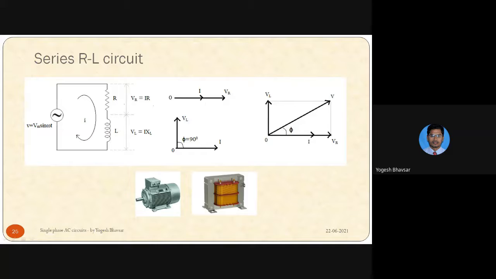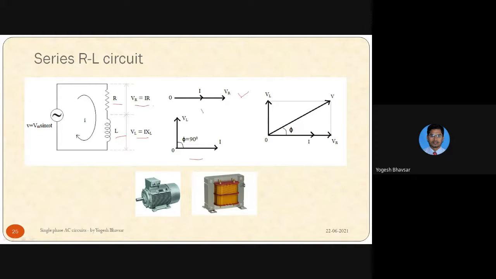Phasor diagram for the purely resistive circuit. We already know that voltage and current are in phase for a purely resistive circuit. So here we can draw the separate phasor diagram for purely resistive. Now for purely inductive, in the phasor diagram the current is lagging voltage by 90 degrees, so exactly perpendicular. So current is lagging voltage VL by 90 degrees for a purely inductive circuit. Now in this circuit there is a combination of resistance and inductance.